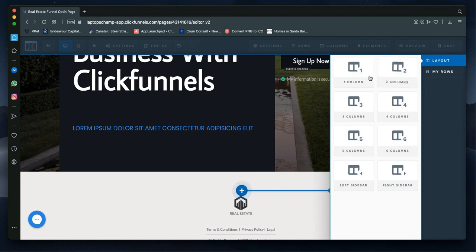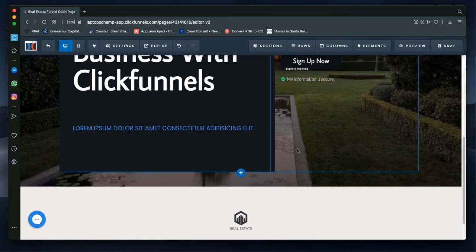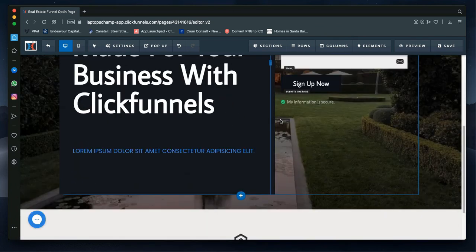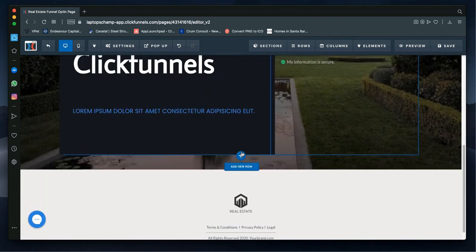I prefer using two column rows because I can make certain changes with them. If you want to add a row, all you need to do is hover over an existing row and you see this little plus button. If you hover over it, it tells you add new row. So you click on the button